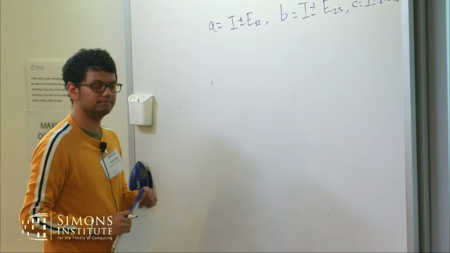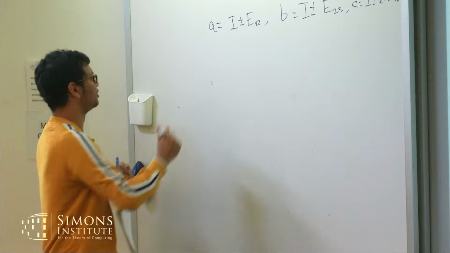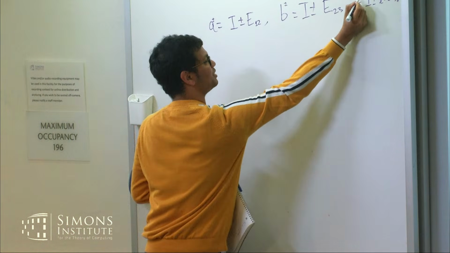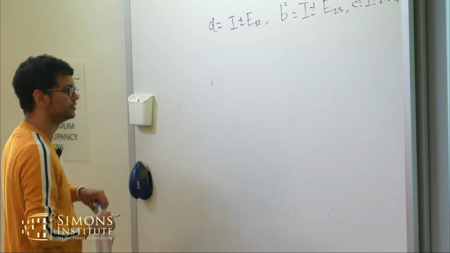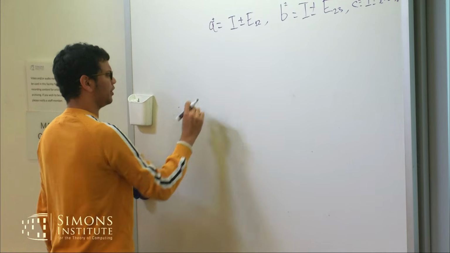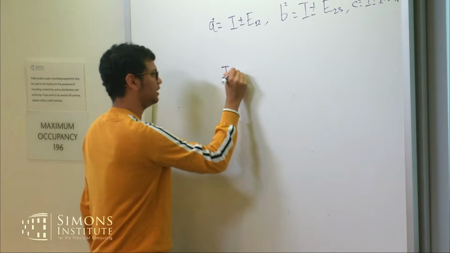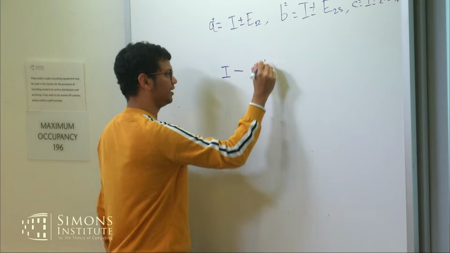Plus minus means 2 elements or 1 element? They're 2 elements, so maybe let me call these A plus minus, B plus minus, and C plus minus. So I have like 6 generators. Okay, and now the thing that I'm interested in is like identity minus 1/6 times